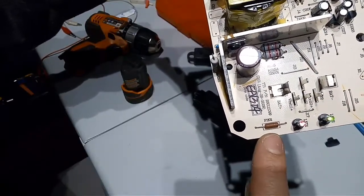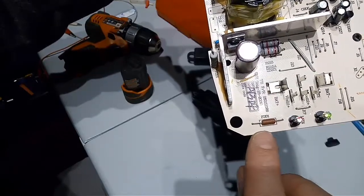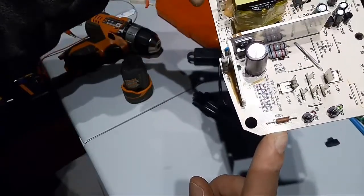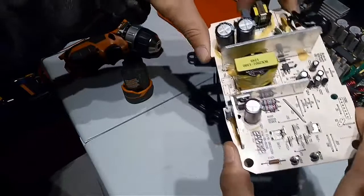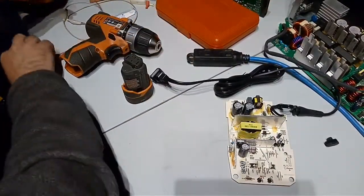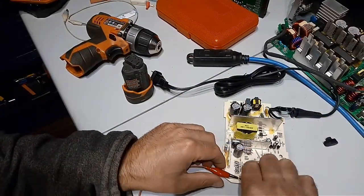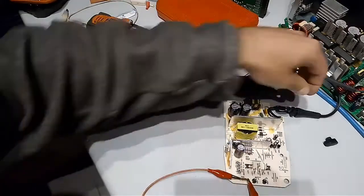I checked the continuity over this component, and there is no continuity. I looked at the resistance, and it was infinite resistance. So I know that this fuse is blown. Just to make sure that this is the issue, I shorted it. I will unplug, and then I use this alligator wire and just short this, like that, and when I plug it in,